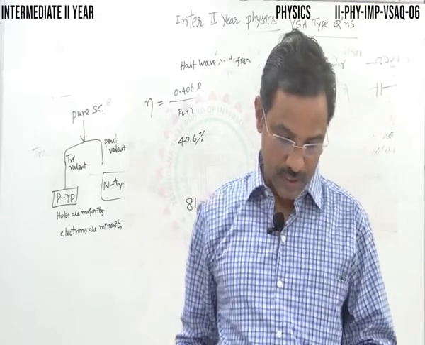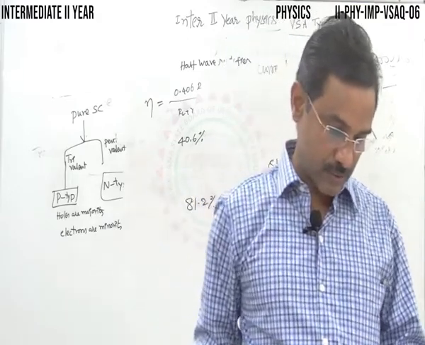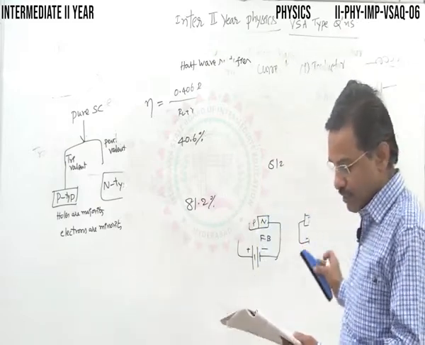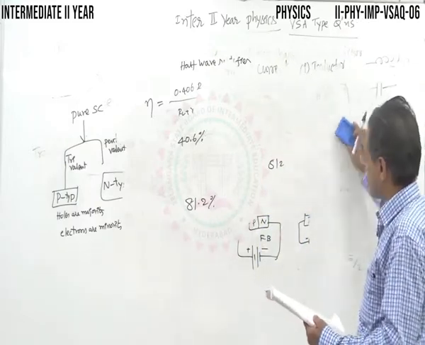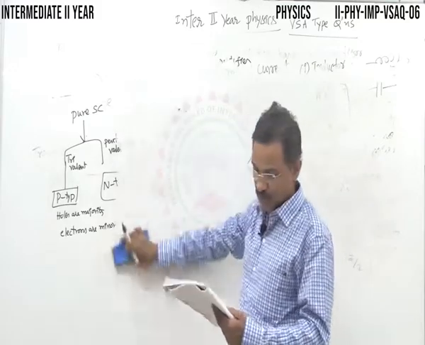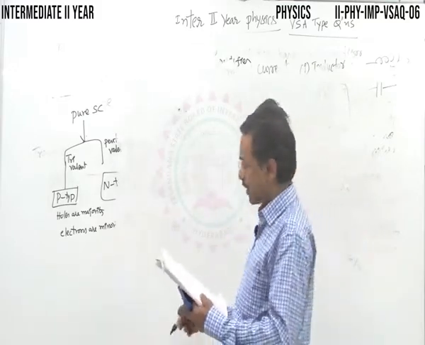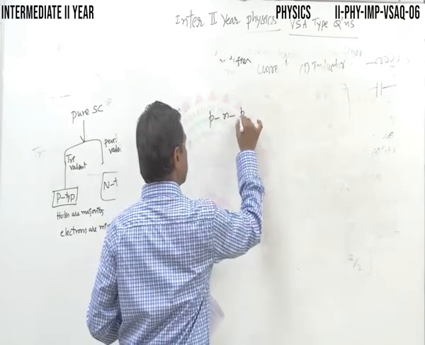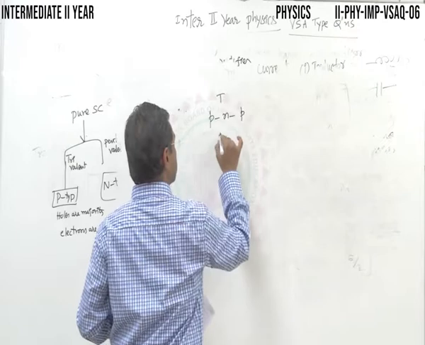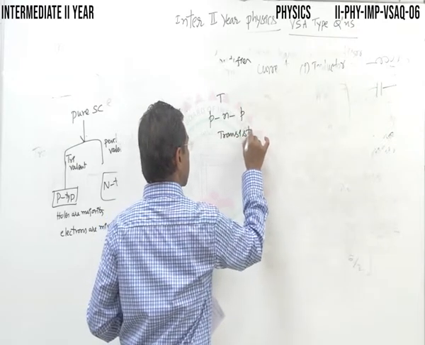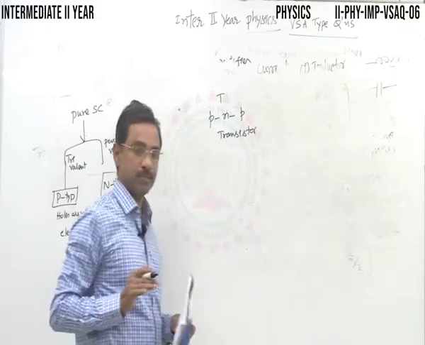So now, what is a Zener diode? That's a related topic. The circuit symbol of a transistor is very, very important, so just make a note of it. Draw circuit symbols of PNP and NPN transistors. First, the PNP transistor. Easily you can get 2 marks, just for the circuit symbol.